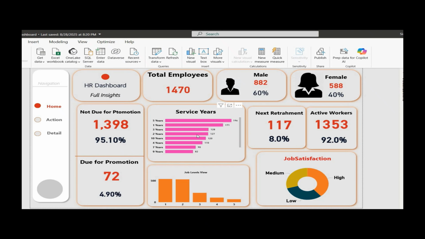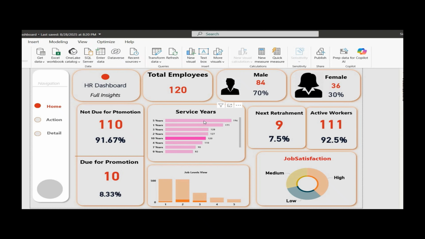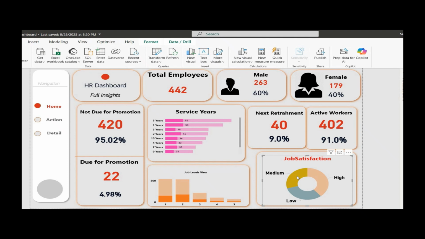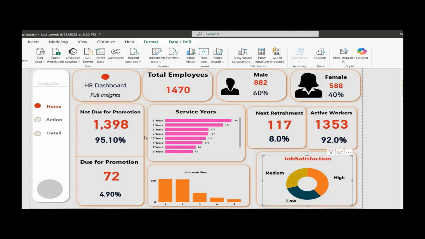With Power BI, analysts can build interactive dashboards. These dashboards help managers and business leaders understand data quickly. Important metrics, trends, and insights can be visualized in a clear and simple way.